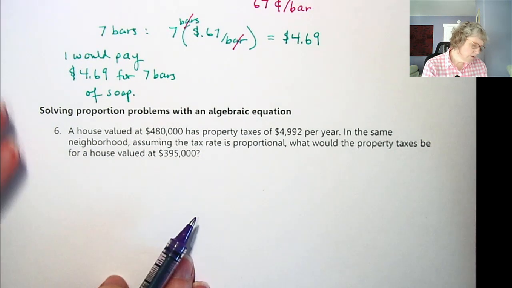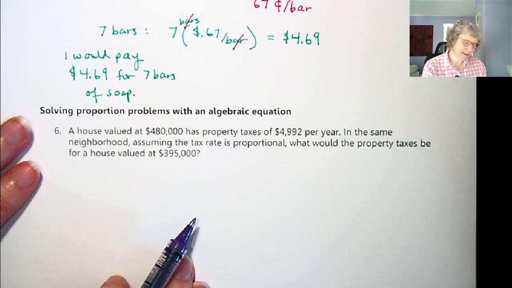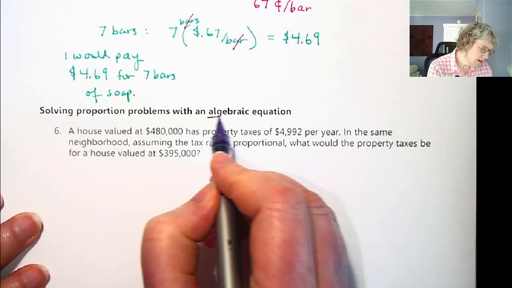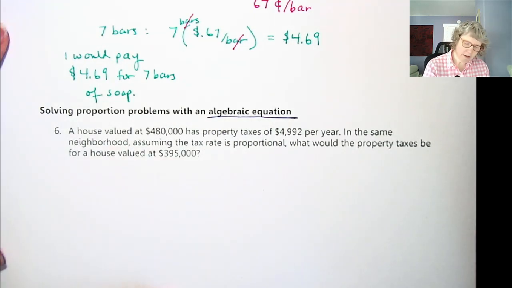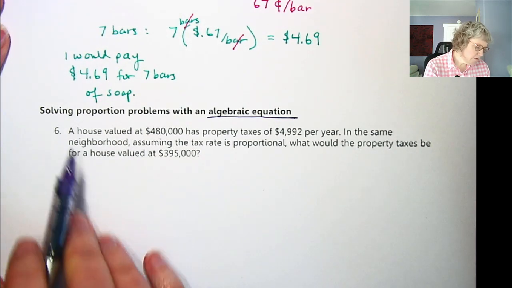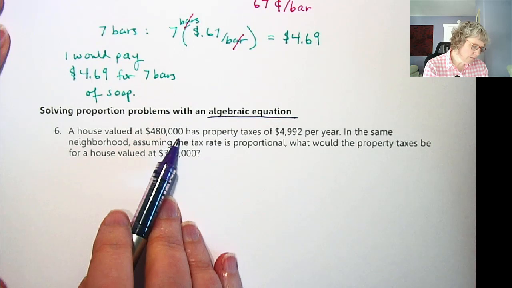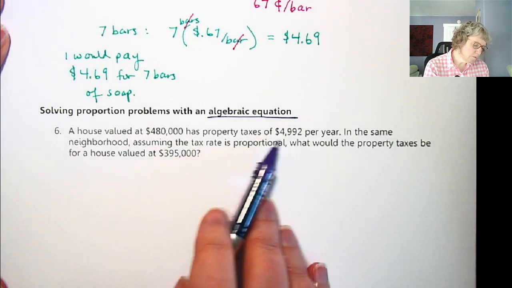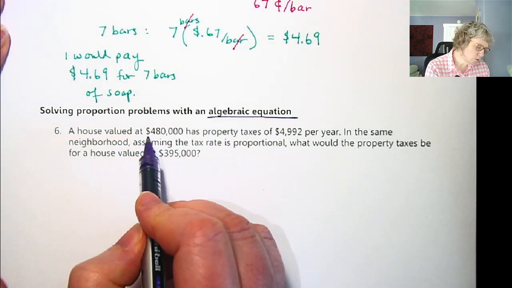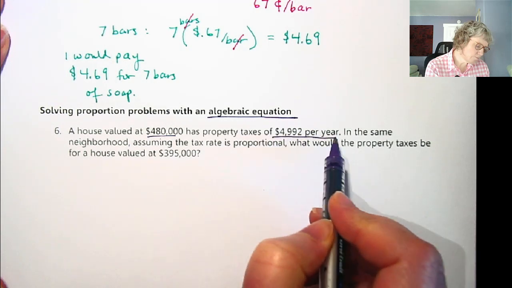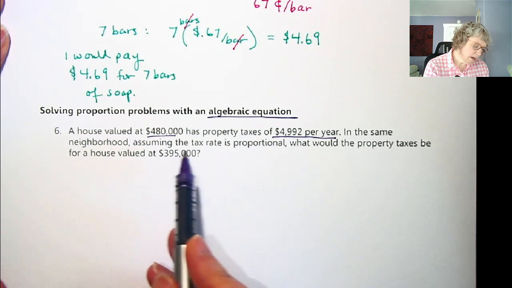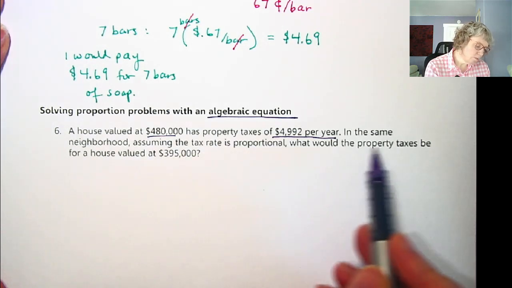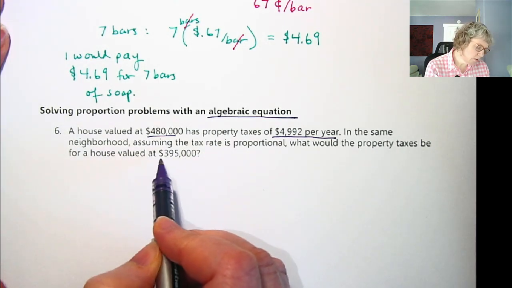Okay, now you might be thinking of one that I haven't done yet that you've seen before, and that's solving a proportion with an algebraic equation. Okay, so if you like to do questions this way, you're totally welcome to. A house valued at $480,000 has property taxes of $4,992 per year. Okay, so we've got a rate. In the same neighborhood, assuming the tax rate is proportional, what would the property taxes be for a house valued at